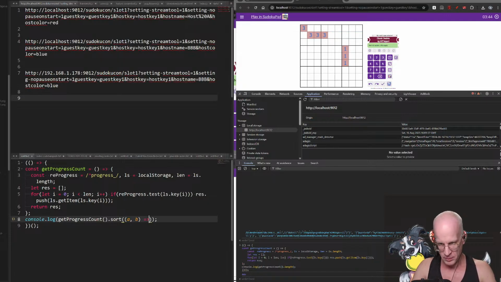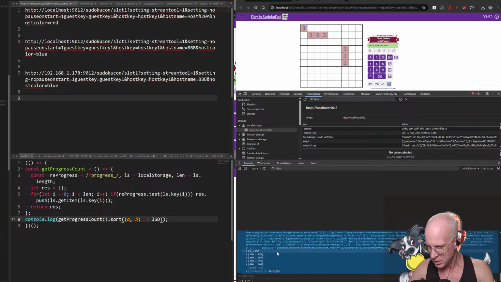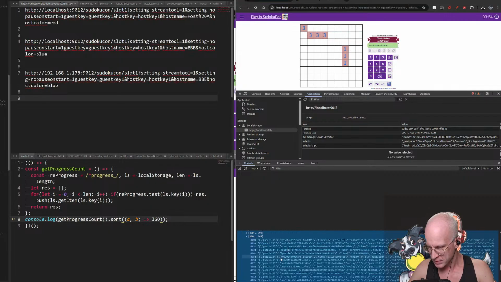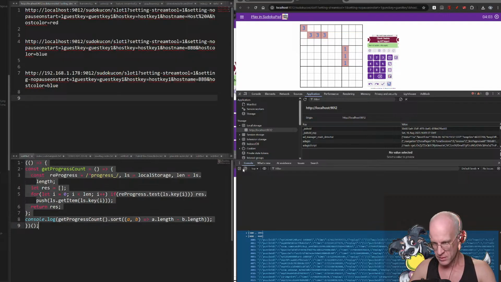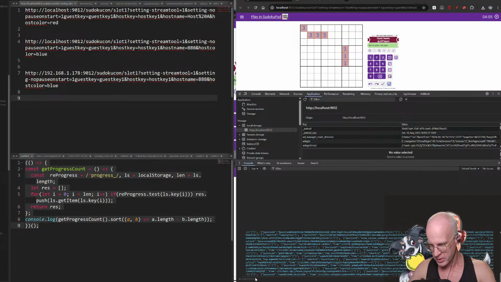So we'll take A, B, and we'll do, well, I think they're strings, right? Like this should be an array of strings. Yeah. So we just say a.length minus b.length. I'm just gonna run this. If it's the wrong direction,